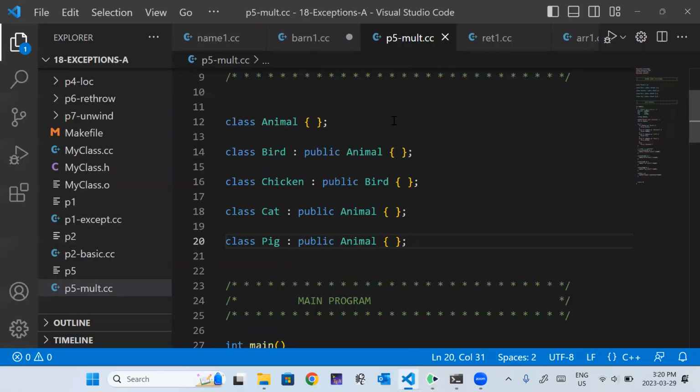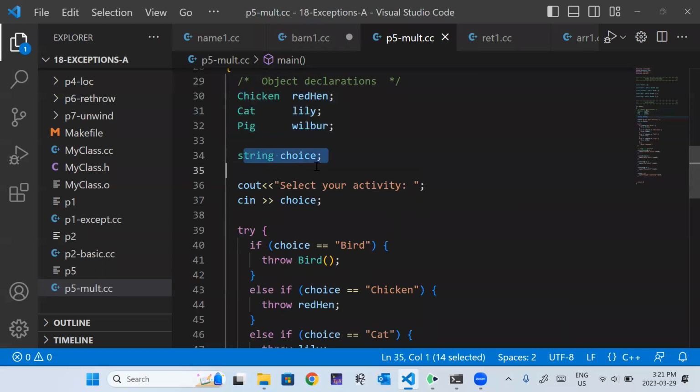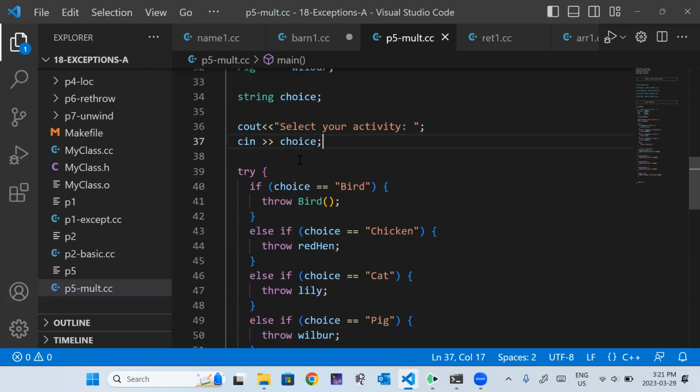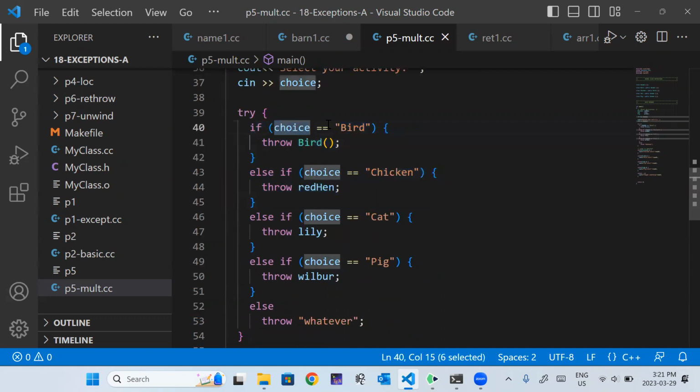So now, we're going to declare a bunch of these. We're going to ask the user what they want to throw. We're going to throw some animals here. And then we're going to have this try block, which checks to see what choice the user made, right?